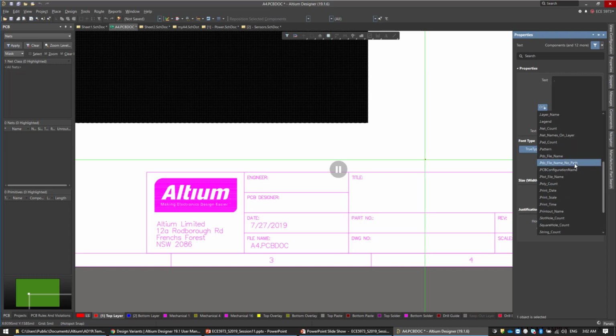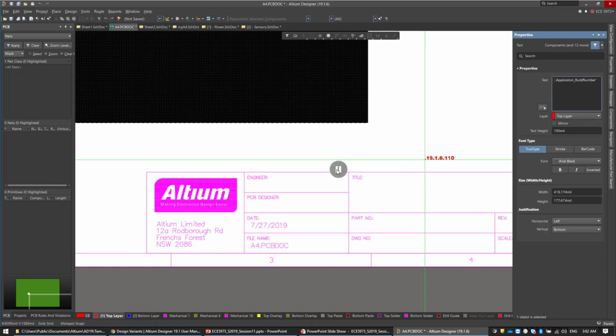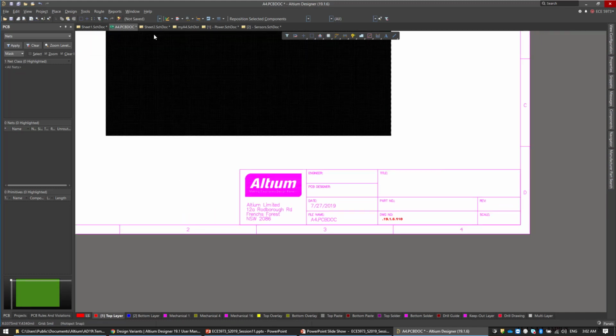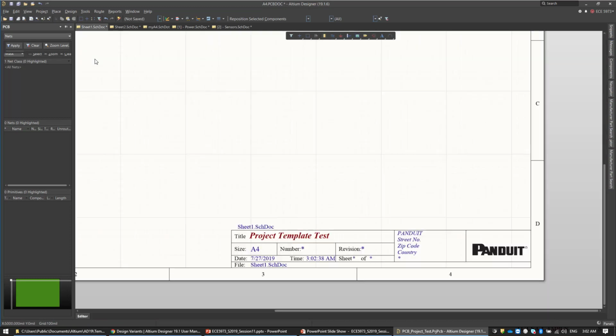Basically, let's say you need, let's say, application builder number. This is an automatic number generated in Altium Designer. You have it, let's say, for here, for instance. And this is for the PCBs, just quick. We don't want to spend a lot of time on the templates, but all of them follow the same concept